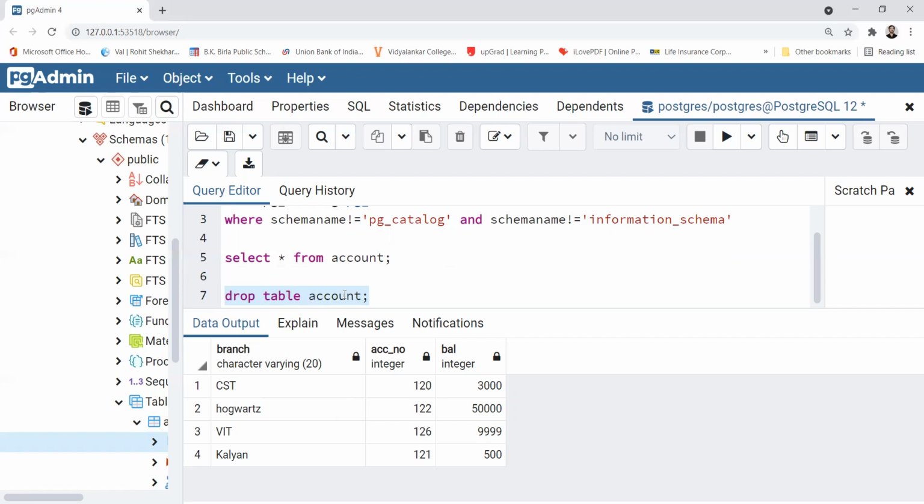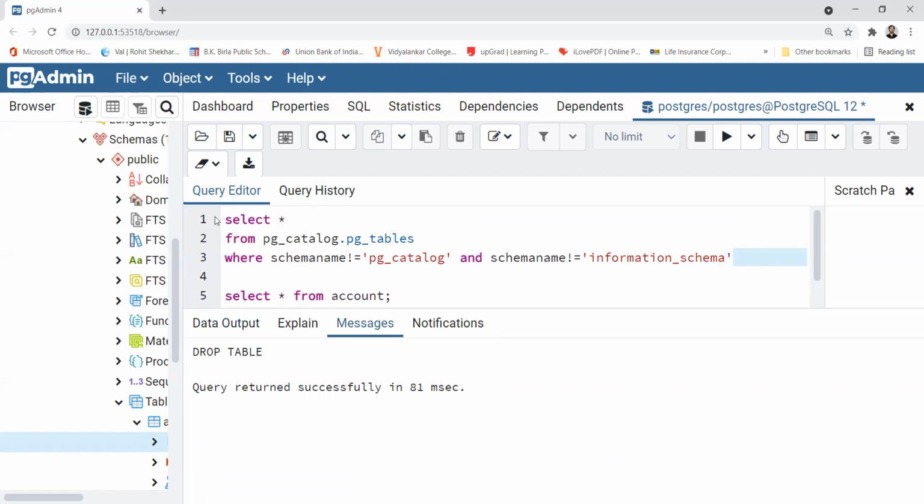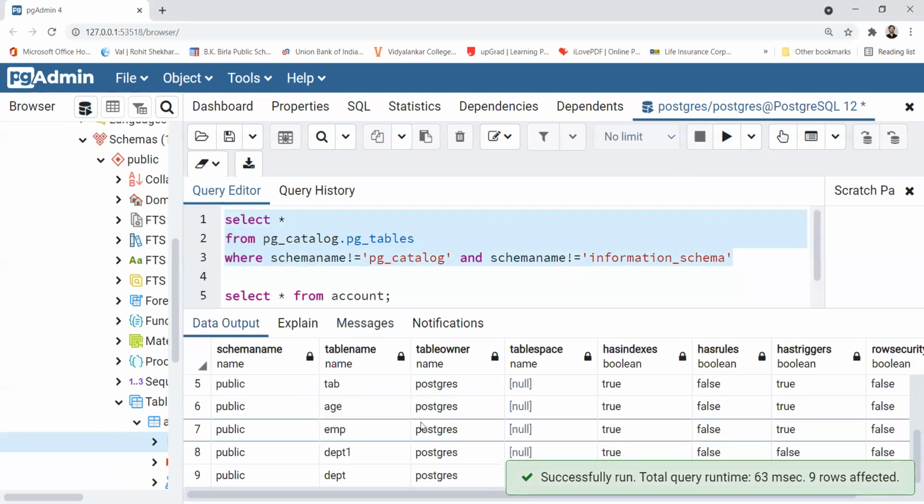So now let's execute the drop table account command. Yes, you can see the query is executed successfully. Now we will see the list of tables once again, and this time we should not see the account table because we have already dropped it. So let's execute it, and you can see there are only 9 tables in the database now.